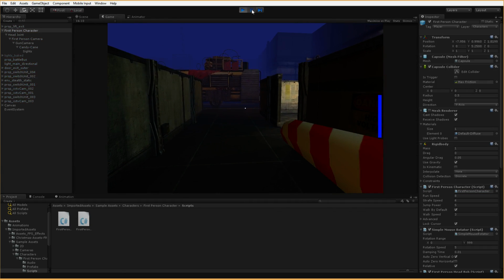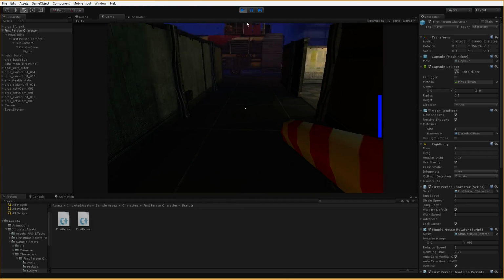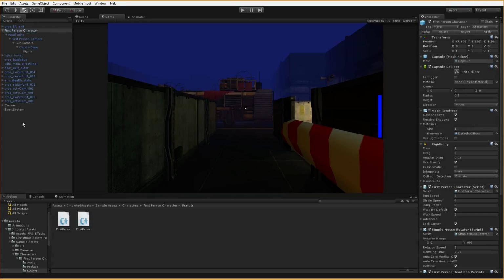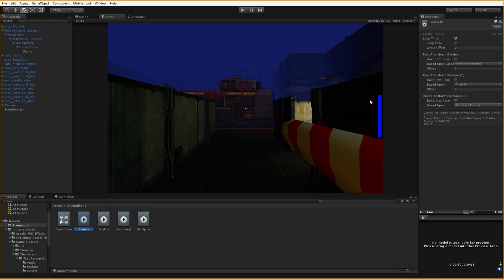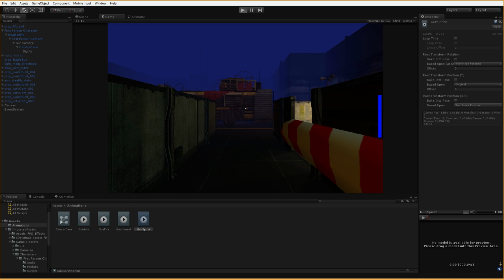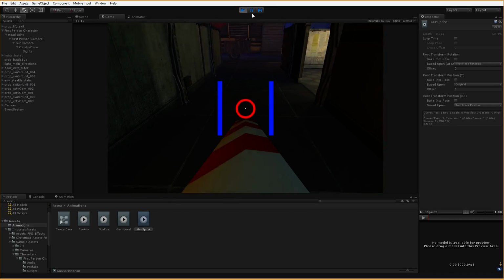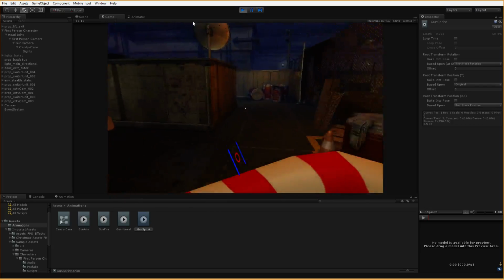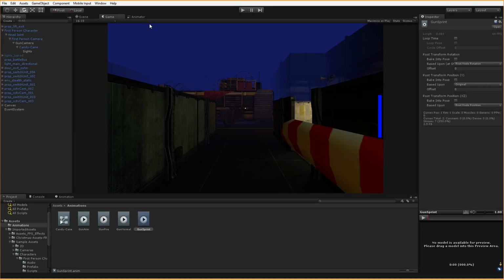And here we are. If I right click, oh yeah, one other issue. We get this. The problem there is we created our animations, but forgot to tell it that we don't want it to loop. No looping. Just click on your animations, uncheck loop time. The animations no longer loop. There we go. Now, I keep doing that. There we go. We get a nice aim, and we sprint, and we get our sprinting animation. All right, perfect.